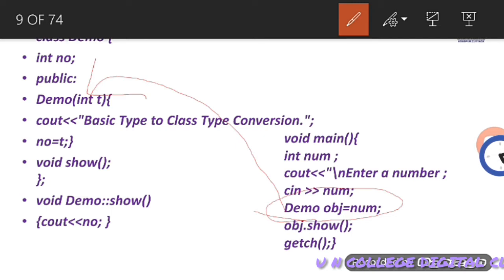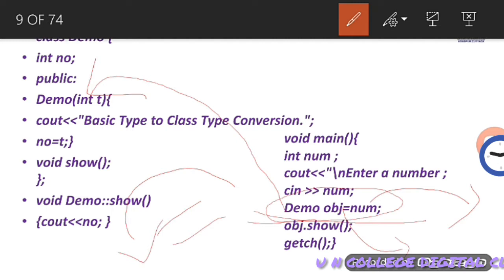It is not a big deal, but look at the way we are writing this. obj is a class type, already declared as demo type, but num is a basic type, and by using the assignment operator we are converting num's type to class type. In this way we are converting basic type to class type. I hope you have got some basic knowledge on this concept.